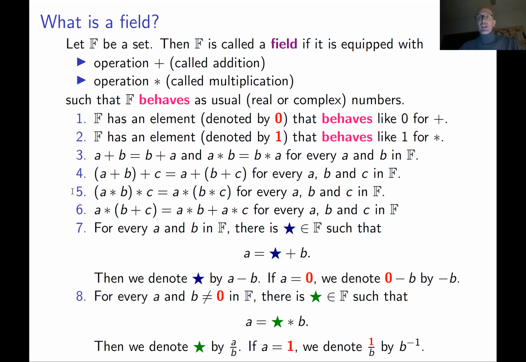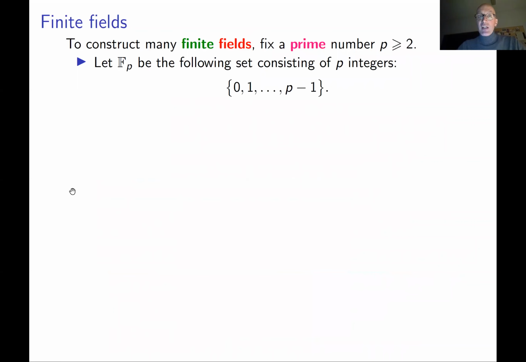A lot of results become true in much more general settings. But there are special fields which play a very important role in cryptography and in computer science because they are finite. Basically, they are called finite fields. What are finite fields? These are fields which consist of finitely many elements. So the natural question: how to construct such fields? Do they exist? Of course they exist.